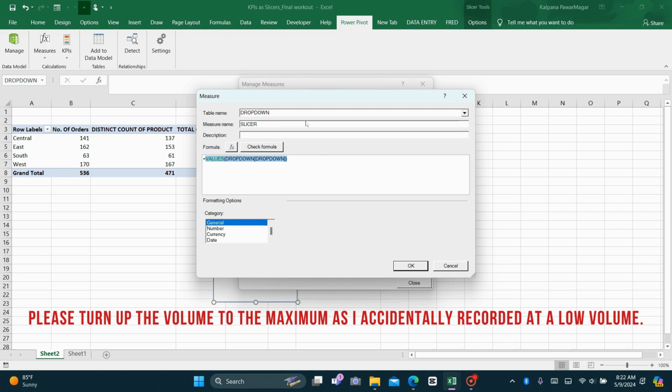So we are going to say if only one selection is made, then you select only that one. The formula here again is has one value, and then